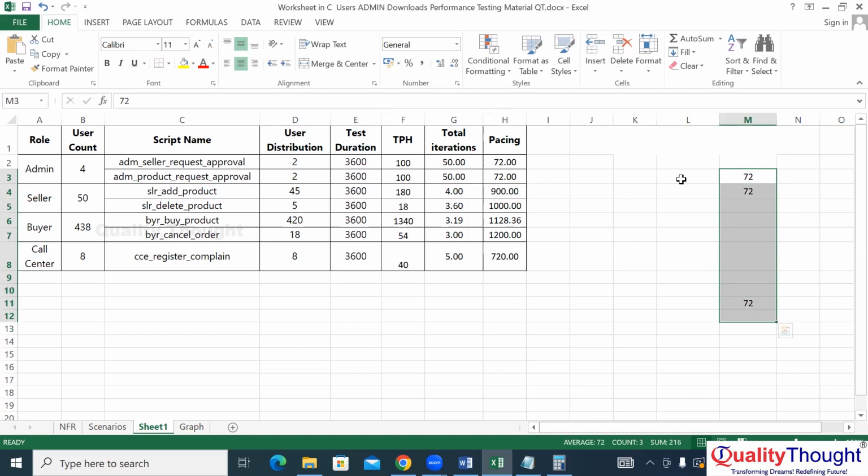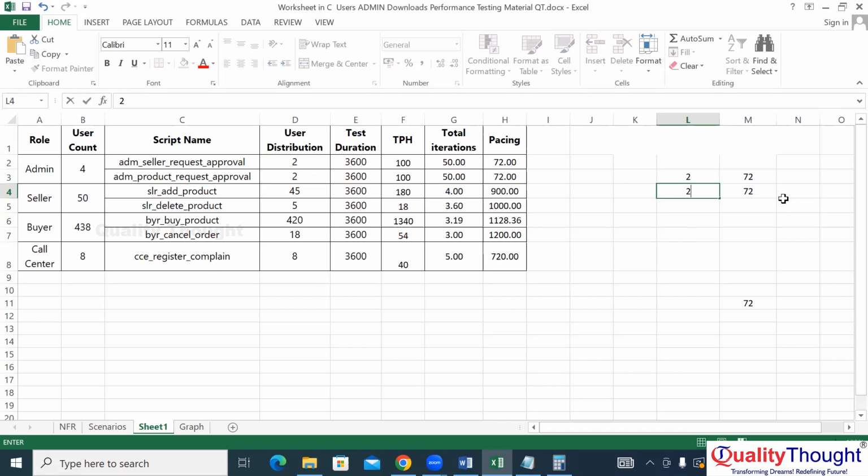First iteration, it will run with 2 users. If the script is taking 50 seconds, for example, it will wait the remaining time, remaining 22 seconds. Again, second iteration, if the script is taking only 30 seconds, it will wait 42 seconds, right? Yes, I have given this spacing. So by giving this particular pacing, we will always achieve the accurate